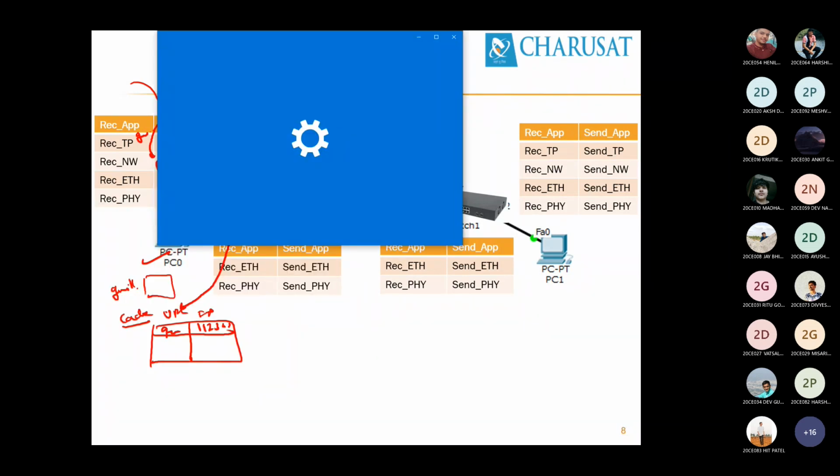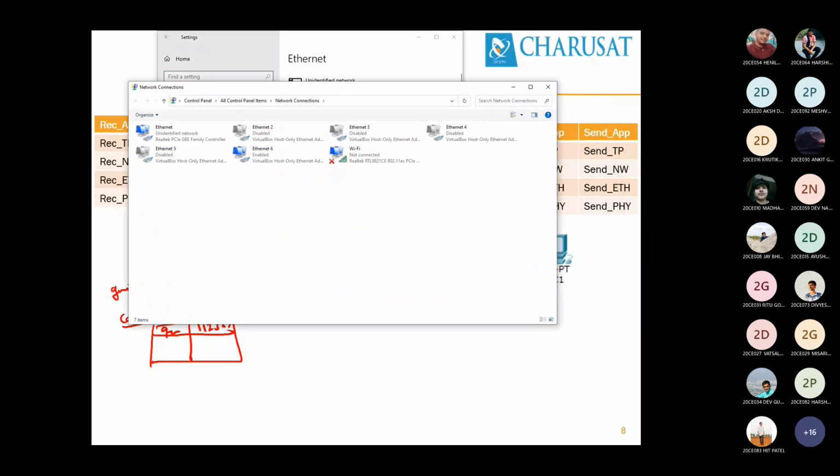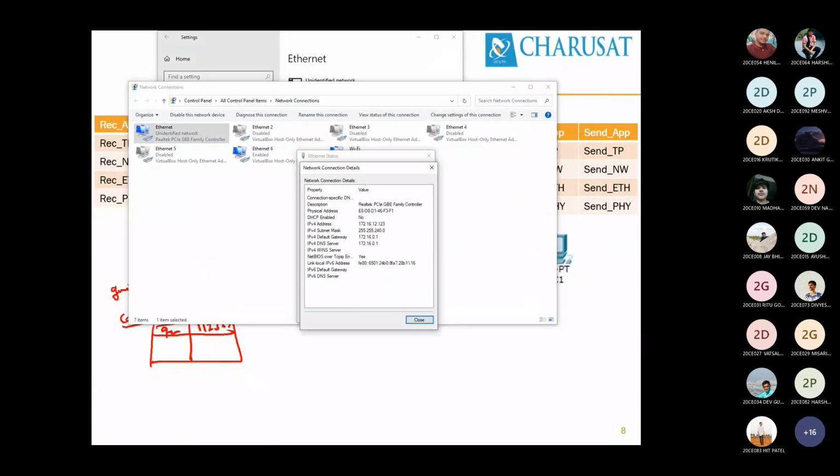This is the configuration of the machine where I am working. Ethernet, change adapter options. If I look at this Ethernet, details, I will get 176.16.12.123 as the IP address. Default gateway is 0.1. Also DNS is 0.1.